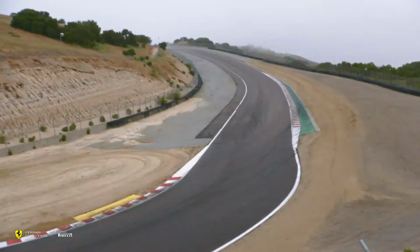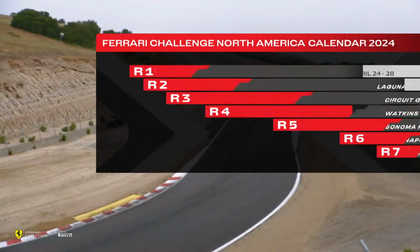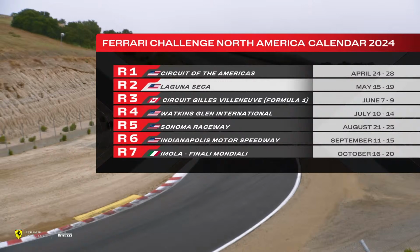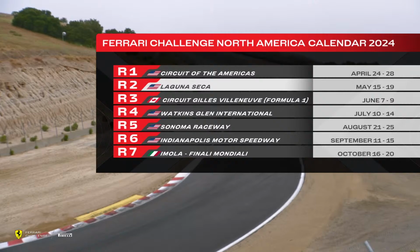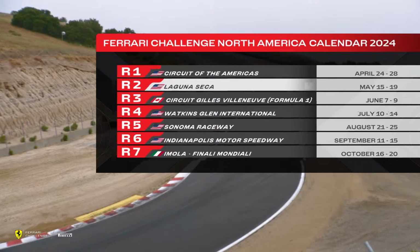Going to make the conditions very difficult for our drivers that are going to go out there in qualifying, the mix of Pirelli and Shell 488 Challenge drivers. So this is our second event in what is a phenomenal 2024 calendar. The cars having raced in the opening round in Texas, the Circuit of the Americas, and we'll be showing you the calendar in just a moment as to just what you can look forward to in the course of our 2024 year. But if you'd like me to tease you, which I can,